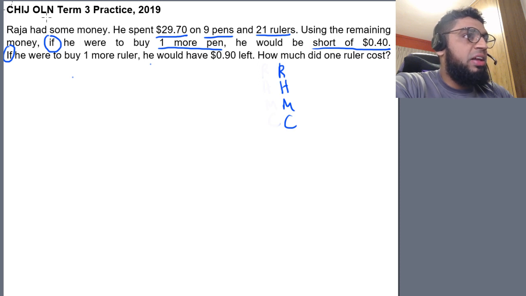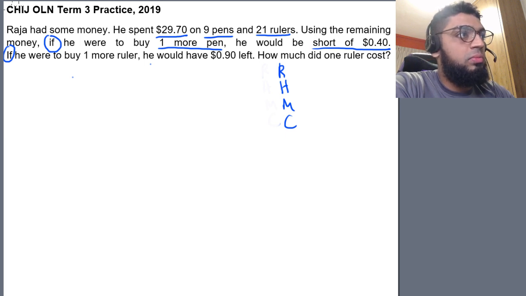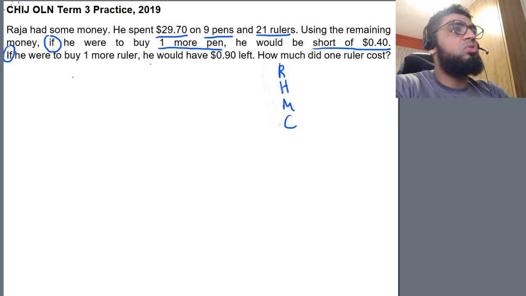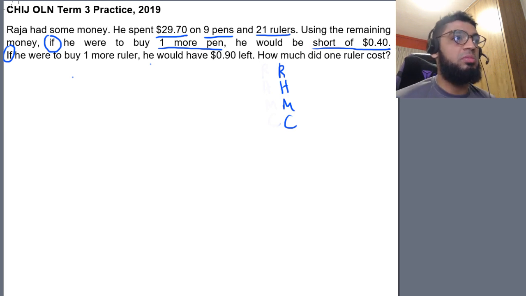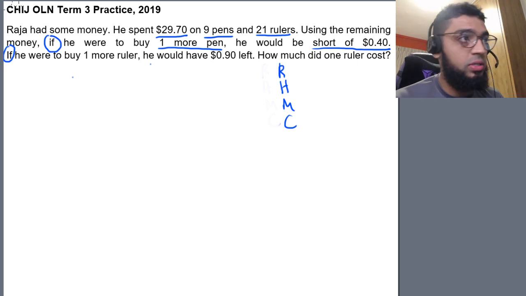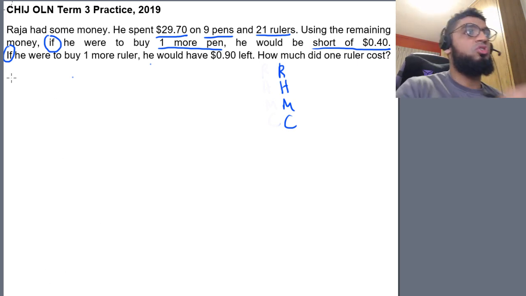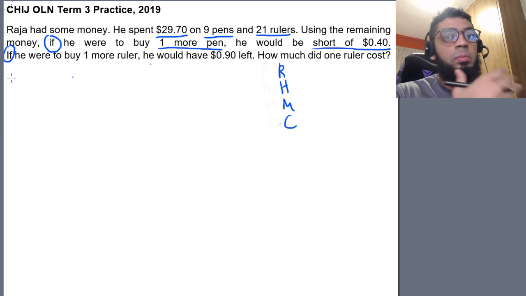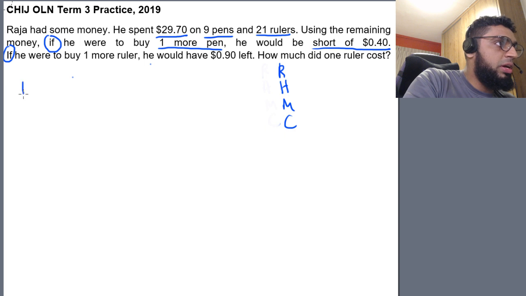Alright, so we have underlined the keywords, and we have circled the keywords as well. As you can clearly observe, I've circled both the ifs. When you see double ifs, it signals to us that this is actually a gaps and difference, or what is known as an excess and shortage question. The first thing that you will have to do is draw models for yourself when you see a double ifs question. The first model I'll draw is for the remaining amount